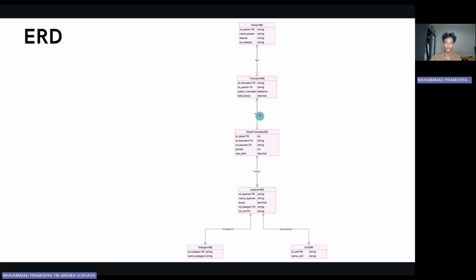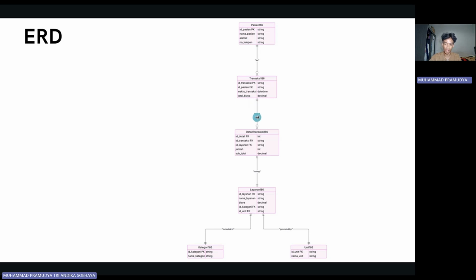The primary key is ID transaction, and the foreign key is ID patient, linking to Patient 186, which is here. And then we have the attributes: transaction time or total transaction, and total cost, or total biaya.